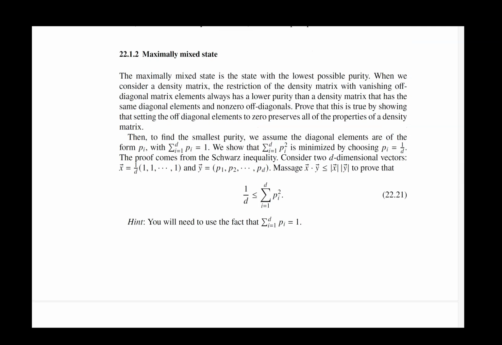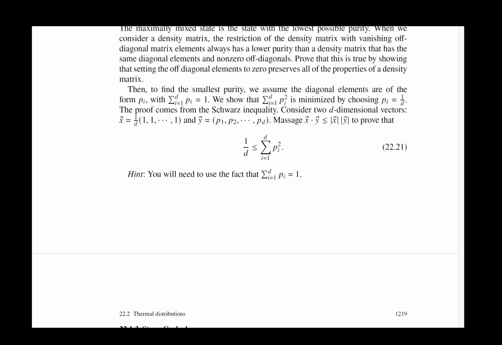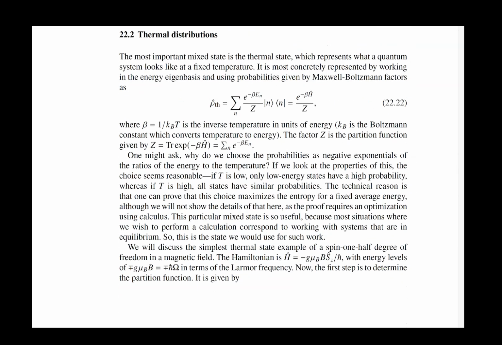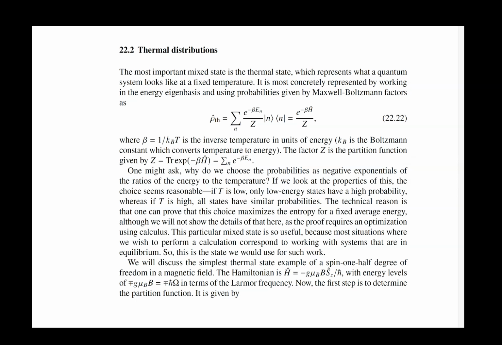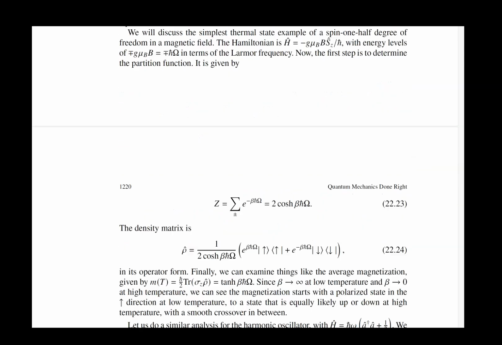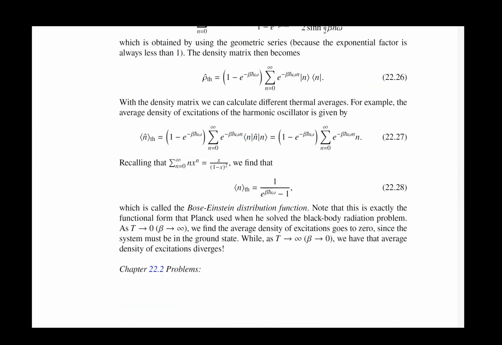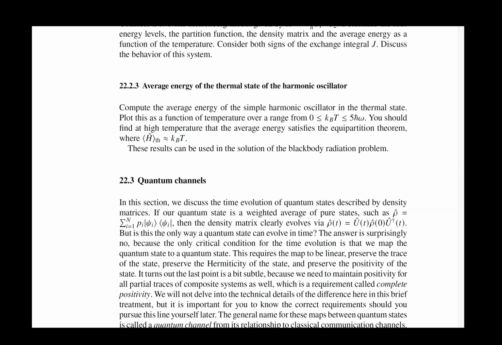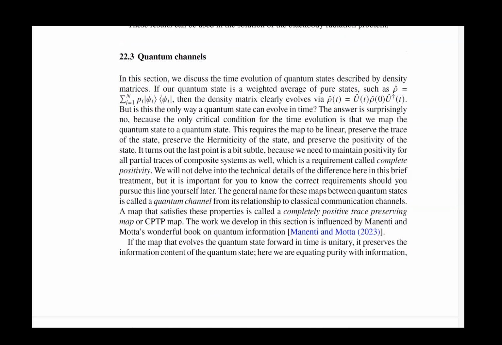An important state is the maximally mixed state. So we talk about what that maximally mixed state is. Then we get into thermal distributions. This is probably the most famous and most important mixed state that there is. We talk about how you generate it. Now, we're not talking about a full quantum statistical mechanics description, but we give you enough description that you can